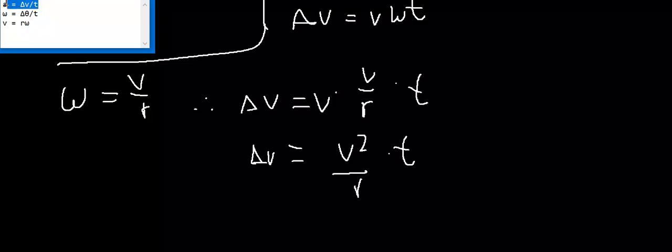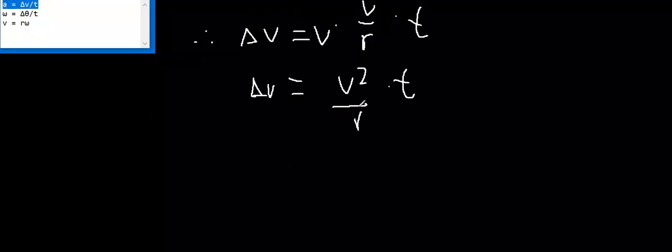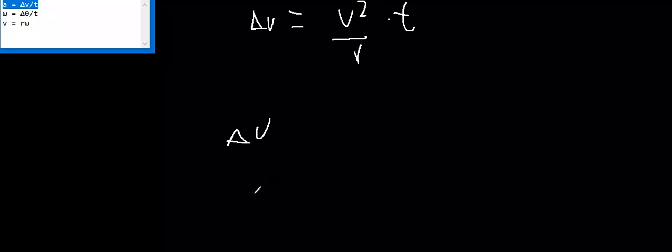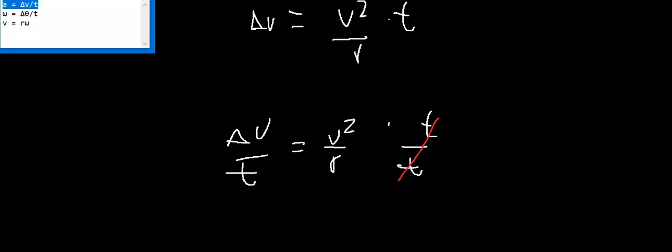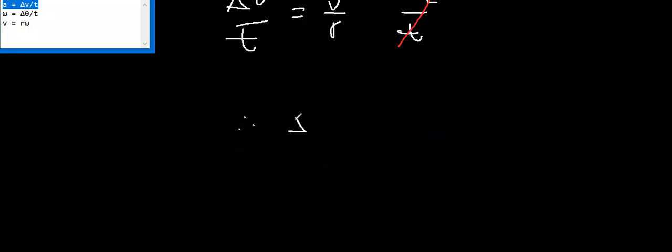Now a final reminder that acceleration is equal to delta v over t. So now delta v over t is equal to v squared over r times t over t. Obviously this will now cancel out. So now we finally reach our final expression. Therefore, delta v over t is equal to the acceleration, which is equal to velocity squared over